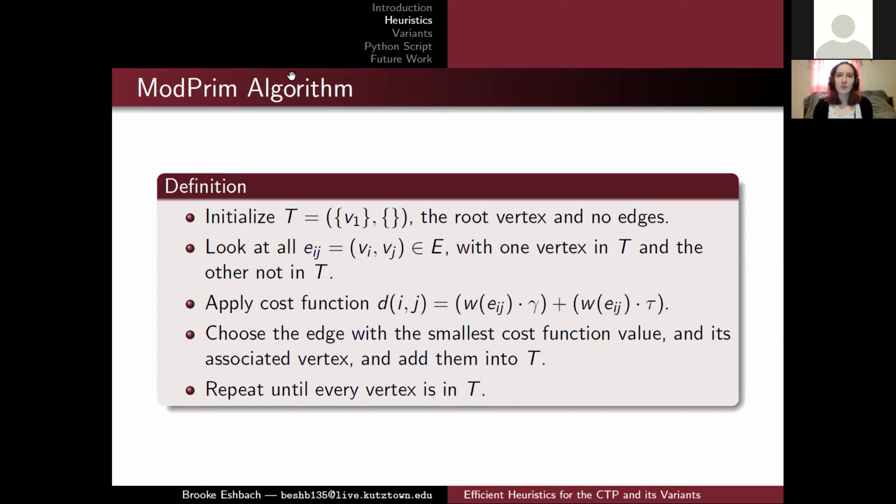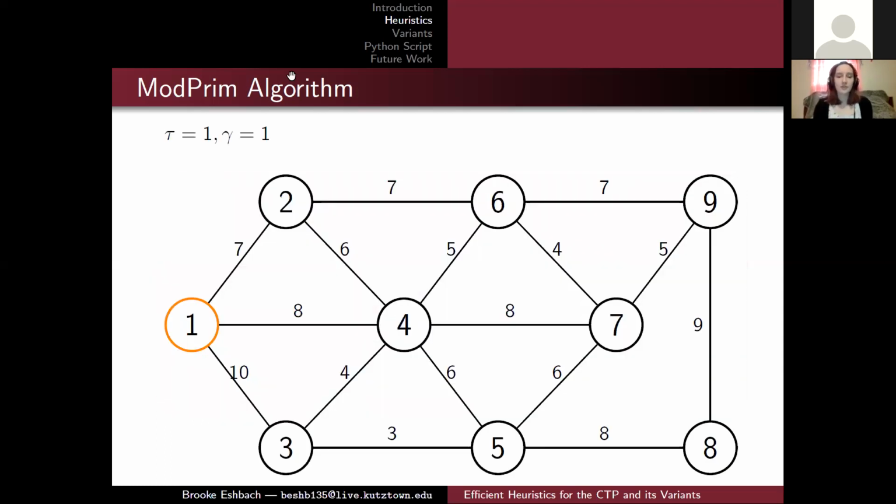So we're going to actually walk through that a couple times, or a step or two, with the connected graph that we've been using. So here we have a tau and a gamma both equal to 1. So we can't just use minimum spanning or the shortest path tree solutions, because neither one of those values is 0. So we start with root 1, or vertex 1, in the solution as our root, and we're going to be able to look at edges 1 to 2, 1 to 4,